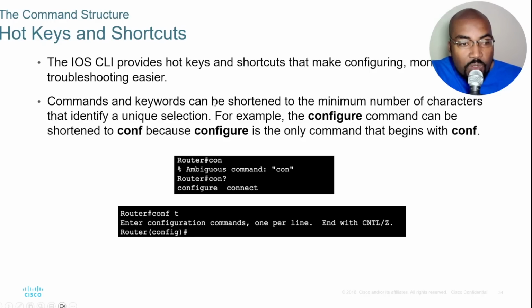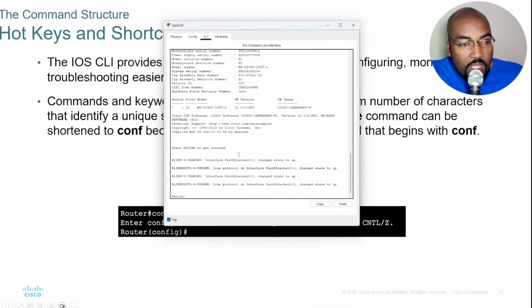So commands and keywords can be shortened to the minimum number of characters. For example, configure can be shortened to config, with just the word con. So let me actually show you that, which is pretty cool. I have it actually here,